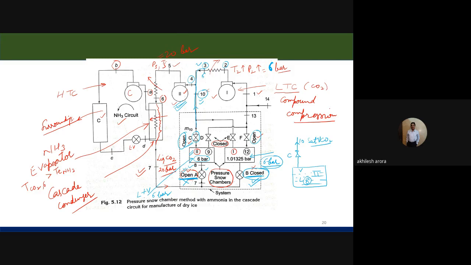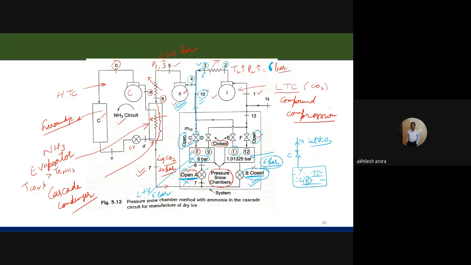उसको यहाँ पे इस स्नो चैम्बर में हम 6 बार से 1.01325 बार प्रेशर में रिड्यूस कर रहे हैं। तो इसको प्रेशर में रिड्यूस करने से क्या होगा, स्नो चैम्बर नंबर 1 में ऑटोमेटिकली जब प्रेशर 6 से 1 बार पे आएगा, तो जो CO2 होगी वो, आपको पता है, जैसे ही 5.18 बार की लिमिट से नीचे जाएगी, उसका जो ट्रिपल पॉइंट लाइन है उससे नीचे चली जाएगी।